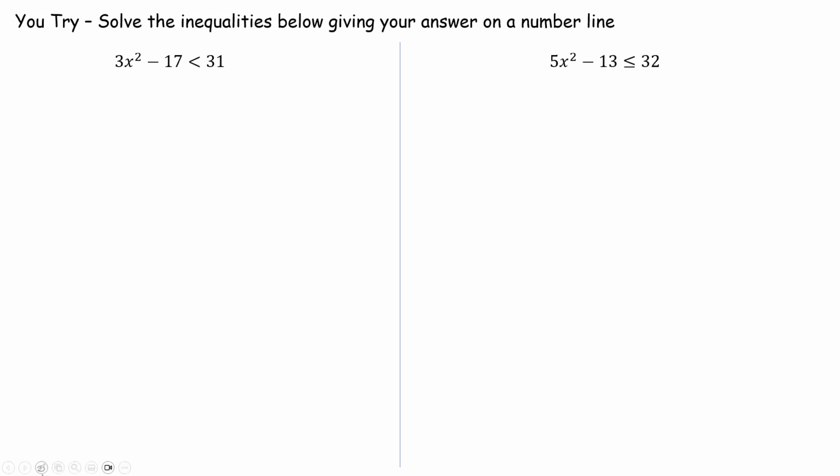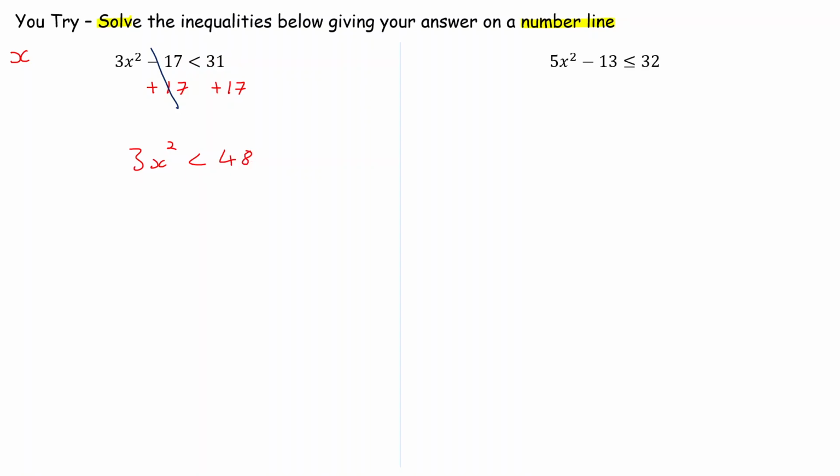So the question again is saying, solve these inequalities, and again, you've got to show your answers on a number line. The first part is kind of what you think you would do. Again, solve means you want to get the x part on its own, isolated. I've got 3x squared minus 17. Let's begin by adding 17 to both sides, because then these two here cancel, which is good. And you're left, on your left-hand side of the inequality, with 3x squared being less than 31 add 17, which is equal to